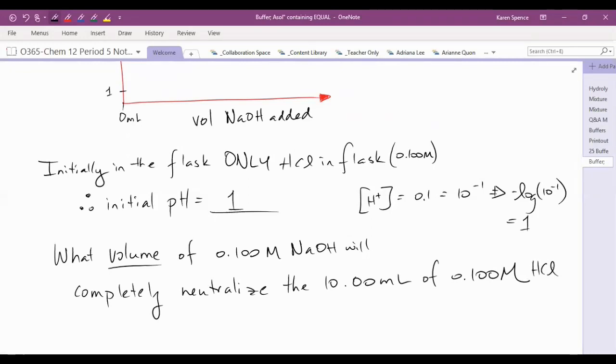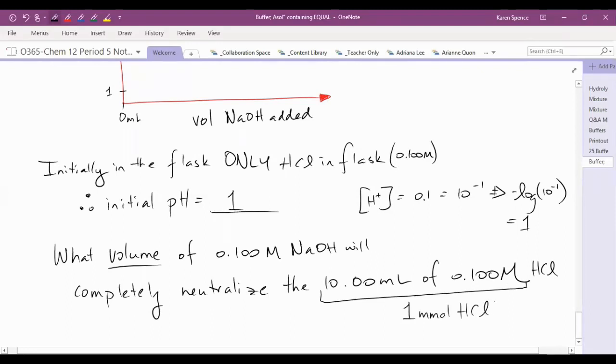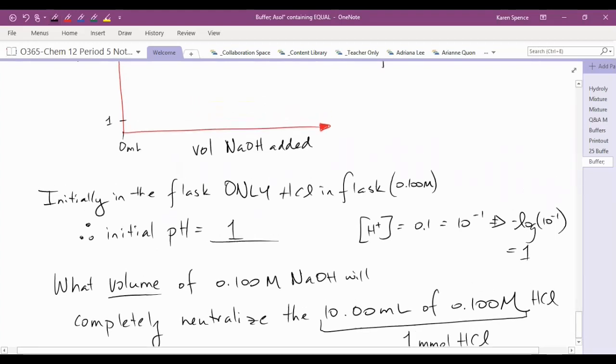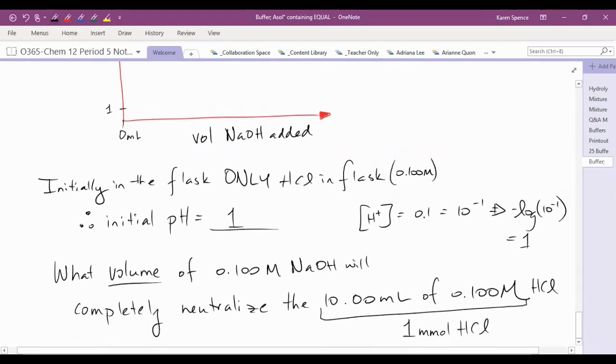Yeah, because everything is the same concentration. This would give us 1 millimole of HCl, and we would need 1 millimole of NaOH to neutralize that, so we would also need 10 milliliters. Okay, we can get more into calculations later, but for the purposes of this, I just wanted to say, okay, at 10 milliliters,